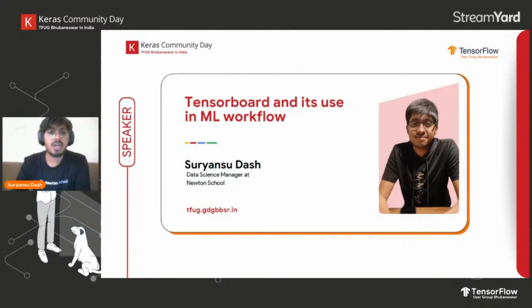Before we start, I just wanted to know, have you guys heard about this term TensorBoard? It's mostly a college student crowd I can see. Abhinav says he's using it. So you must have definitely come across this term.